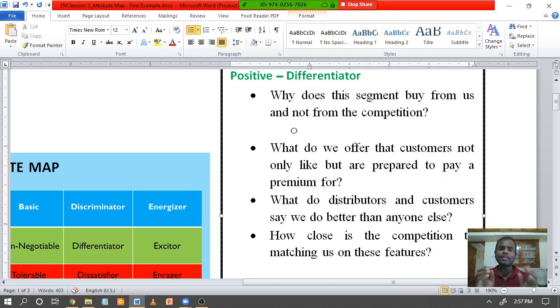Okay. When you advertise or when you market your product, who should be in your mind, a customer or a consumer? Consumer. Now when you take this positive differentiator, that is when you show the difference between Karunya University with respect to other universities, who should be in your mind, a customer or a consumer?